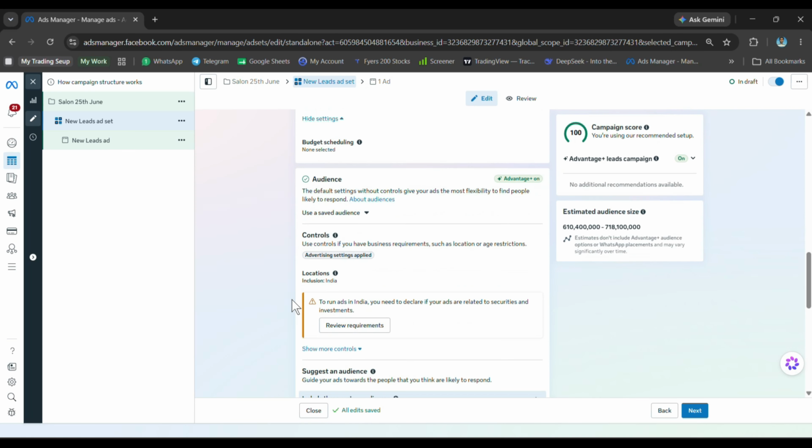Here is the button Show more controls. Then we will click on Show suggestions. Then Edit. Then we will select 20 to 45. All gender, we will keep all gender because they are hiring both male and female. Okay, so we are keeping this as it is. Then detailed targeting, we will click on the pencil button. Then search like hairdresser here,